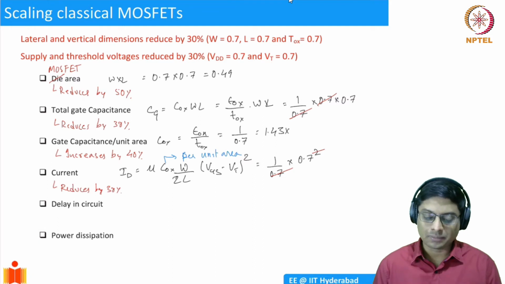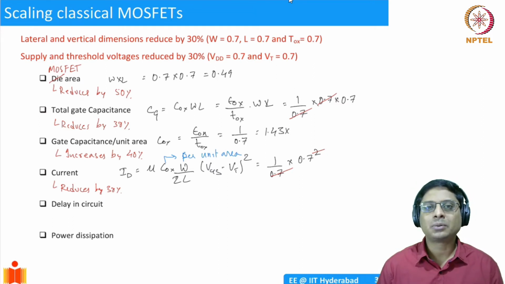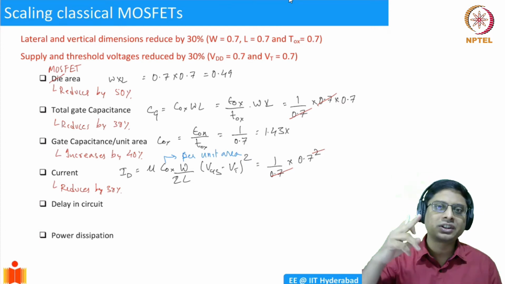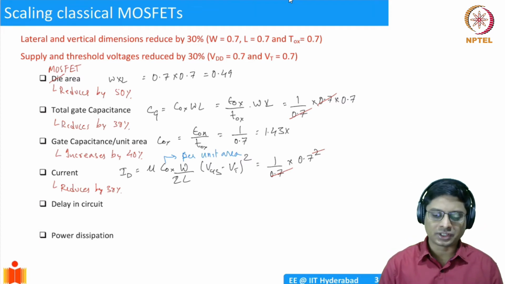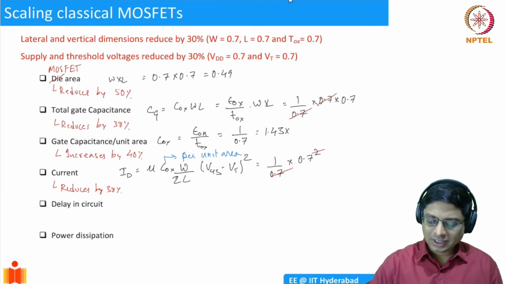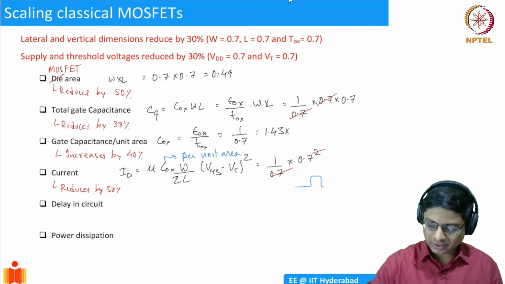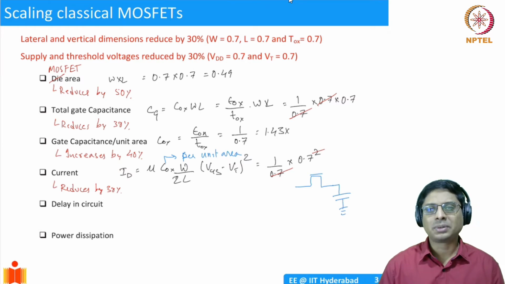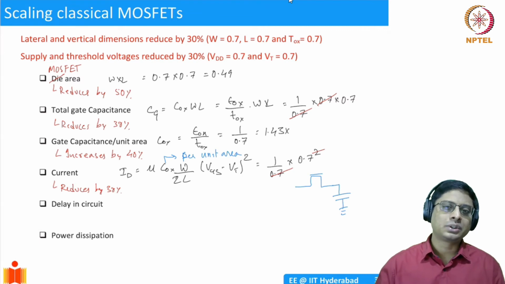And what happens to the delay? So delay is an important parameter in any MOSFET circuit. The reason is, if you think about any digital chip, we are dealing with logic 0 and logic 1. So essentially the transistor is switching between 0 and 1. And the simplest way to model this is in form of an RC circuit. Let me take a MOSFET, and MOSFETs are going to drive some loads. Typically the output of a MOSFET will be given to the input of another MOSFET, which is essentially, input means gate. So gate will present a capacitance.